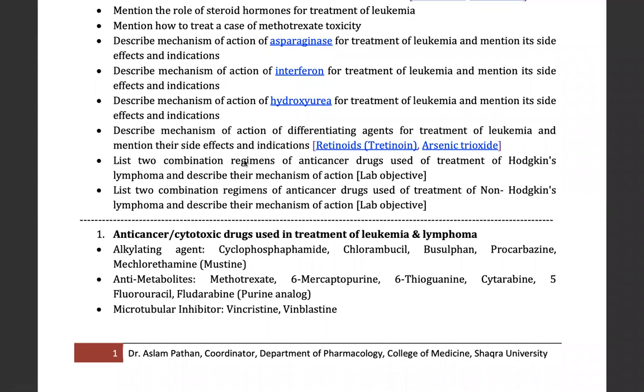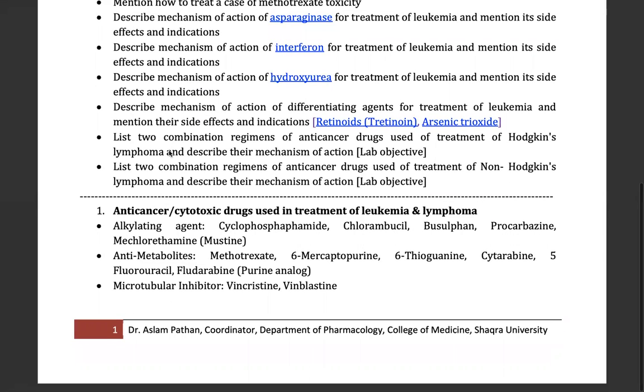Please note that for my lectures, the link will be the same for all the block lectures. The password and the link are the same. So if we disconnect, you can reconnect by clicking on the same link, and inshallah we will start one by one as per the objectives.